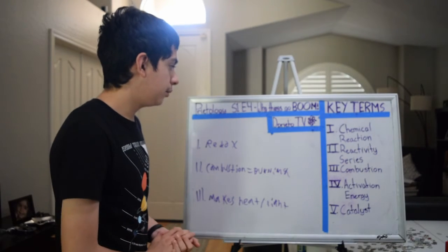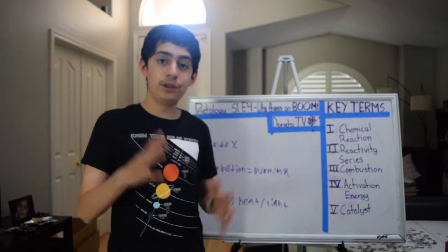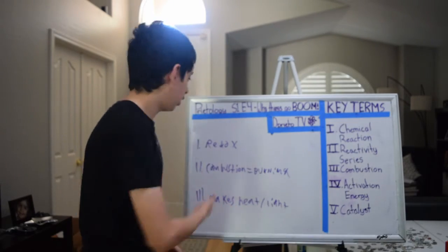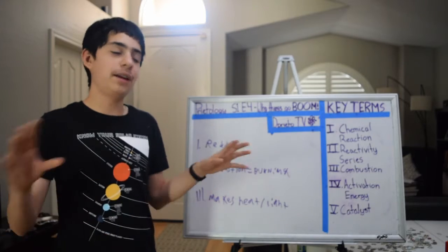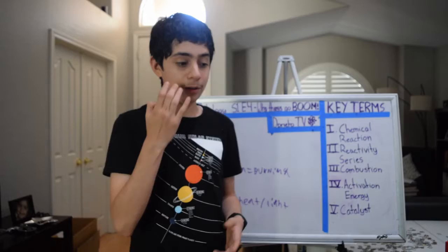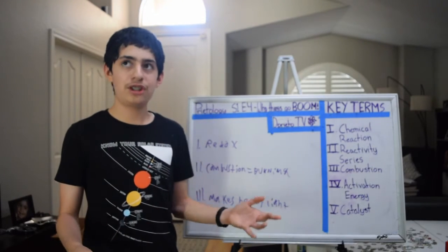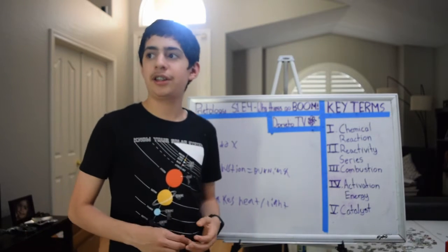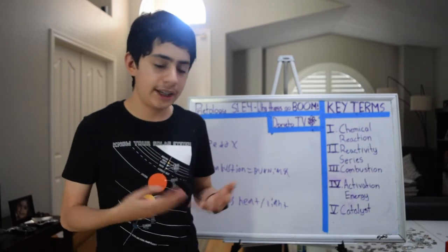Okay, so our next term is combustion. Combustion is the combination of the 2 types of chemical reactions we saw, the reduction and the oxidation. It's called redox. It's basically a fancy chemical name for burning. It's a type of chemical reaction when the fuel, which is not just fuel like lighter fuel, it could be wood or paper, anything that helps it keep going,